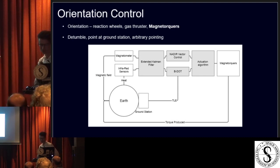So there's a little block diagram. Obviously, the Earth has its magnetic field. We detect where we are in that using a magnetometer. Then also from the Earth, we capture the heat signature of the Earth using infrared sensors. We take both of those through a Kalman filter and control them using a B-dot algorithm, which also takes